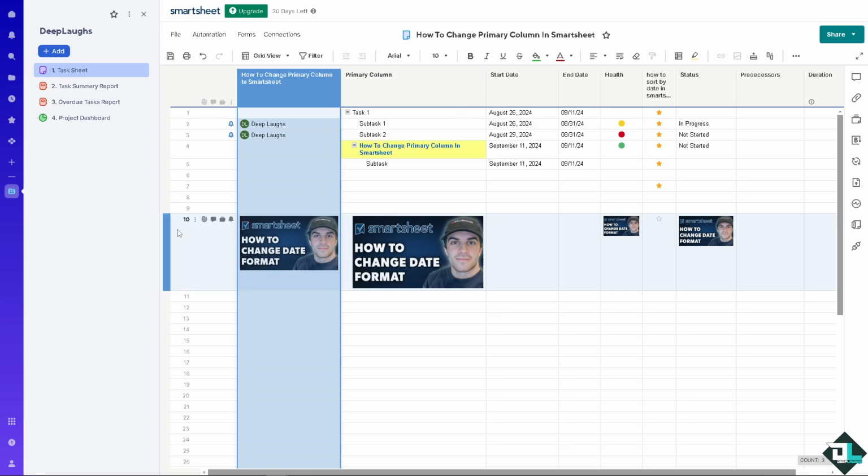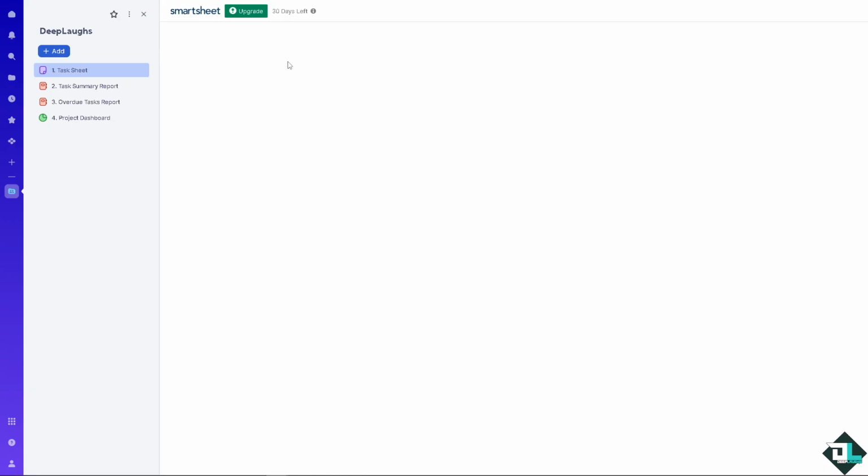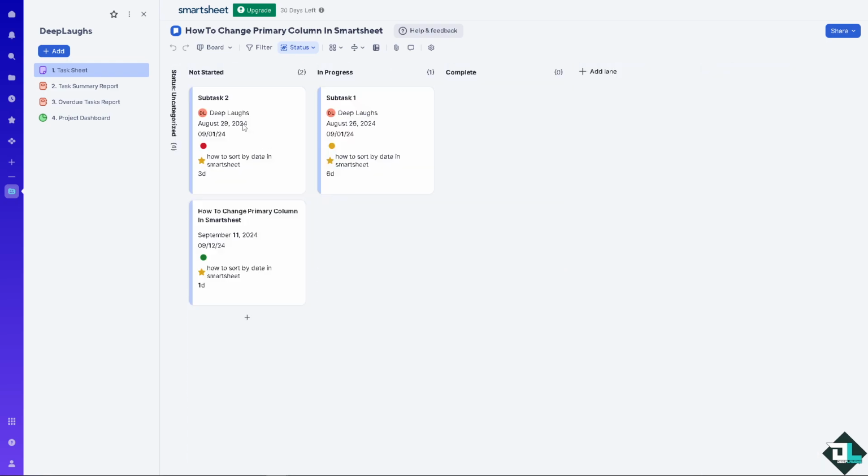All right. Now, another option is to just create a new Smartsheet. Then, of course, you can use a different view, timeline view, board view, and a lot more. And then, of course, make the primary column your intended column in the first place. All right. That's another way for you to be able to do it. Otherwise, that is the only way